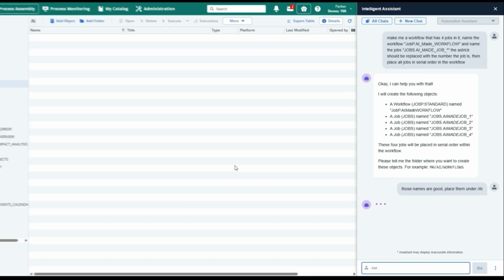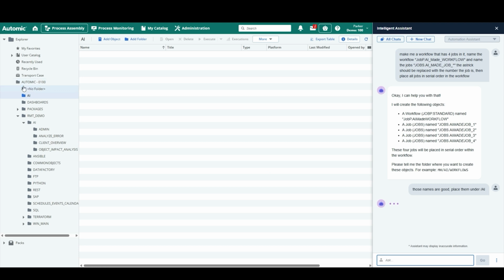So just a little example here, this Automic directory is your root directory. So if you say root, it will know that. If you do just /AI, it will understand that the first folder that's named AI under root is where you're trying to place that. So now that we have seen that the AI has told us that it has made